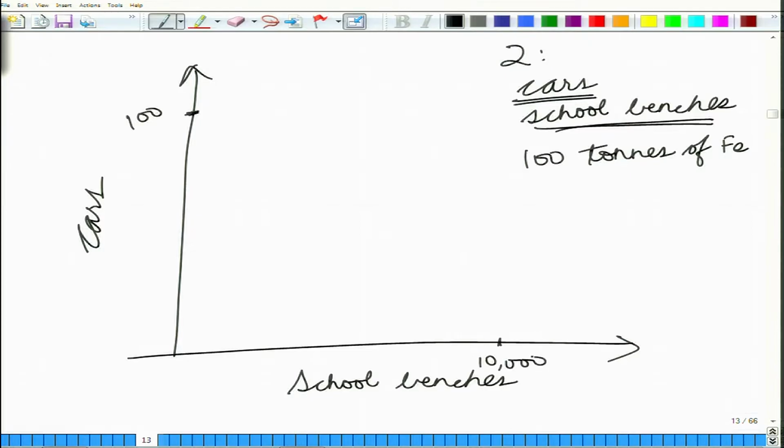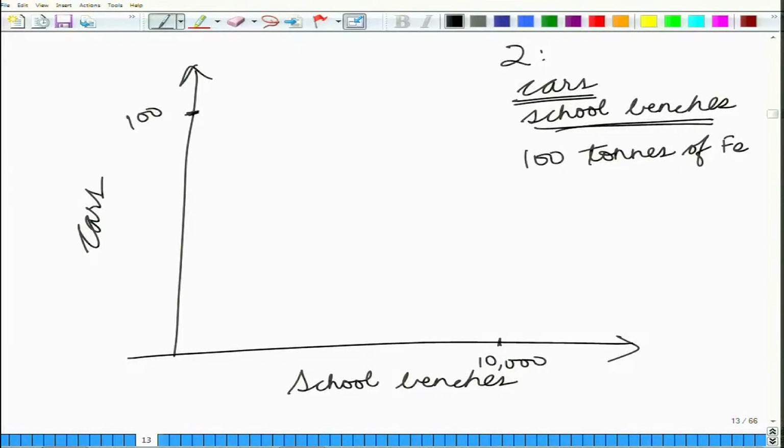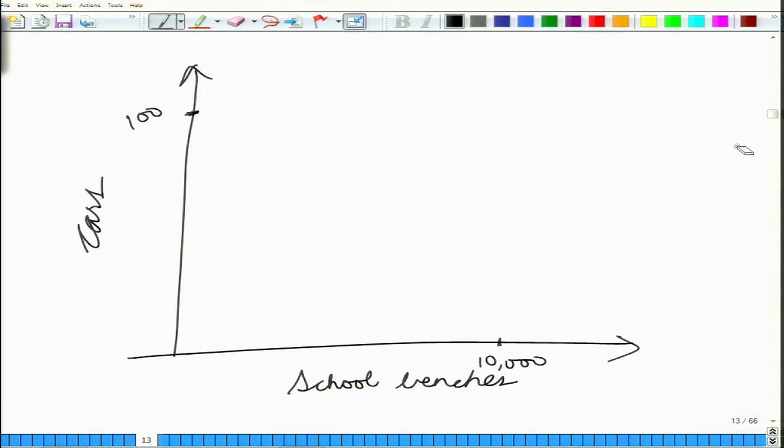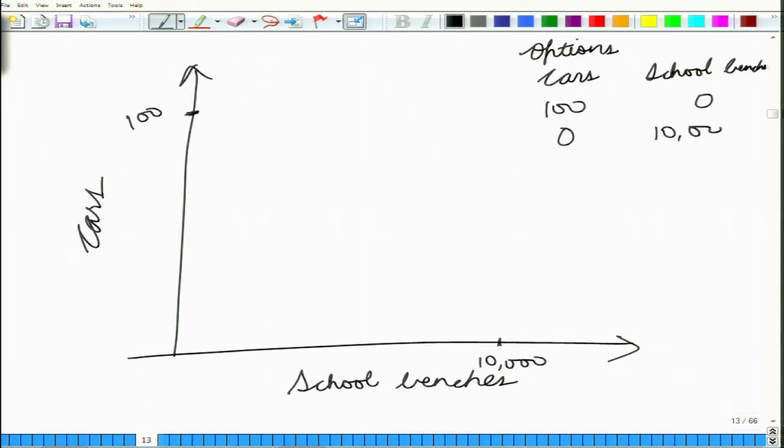Now, we have this choice that we can devote all of it to making cars. So, we make 100 cars and 0 school benches, or we devote everything into school benches and we make 10,000 school benches and 0 cars. So, what are the options that we have? Here are the options. You have cars and you have the school benches. You can make 100 cars and 0 school benches, or 0 cars and 10,000 school benches,